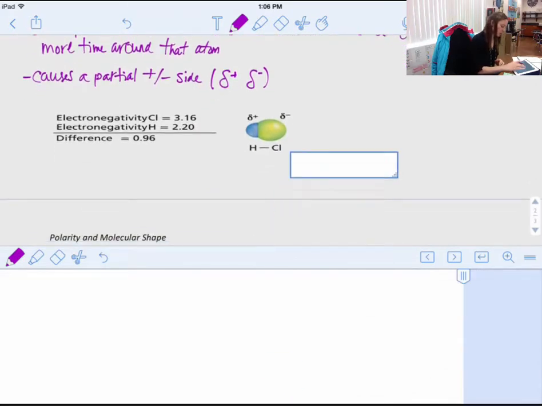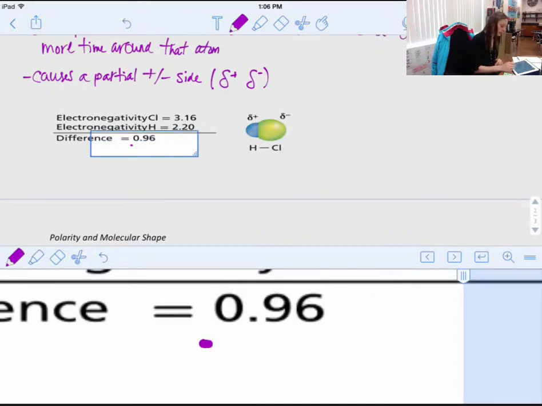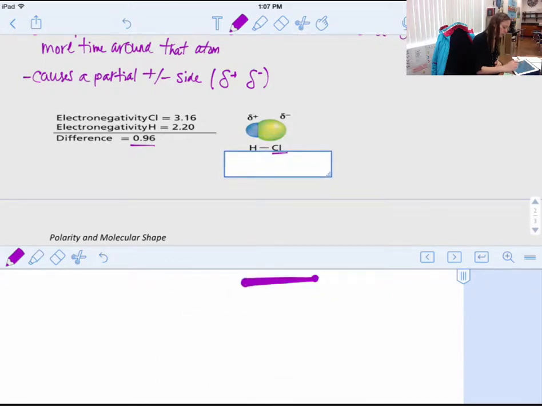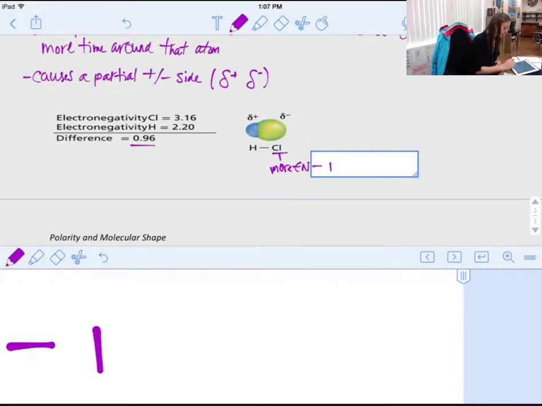So if we look at this picture down here, okay, we have hydrogen and chlorine bonded together, all right? The electronegativity value of chlorine is larger than hydrogen because chlorine is closer to fluorine, okay? So I have a difference here. If I knew the numbers, 0.96, all I have to do is subtract them if they gave you numbers. Usually I don't, okay? You usually look at, oh, okay, those are two different things. One's going to pull more. Well, which one's going to pull more? The one that's closer to fluorine, okay? So chlorine's going to be the one that is more electronegative. Why? Again, because he's closer to fluorine,